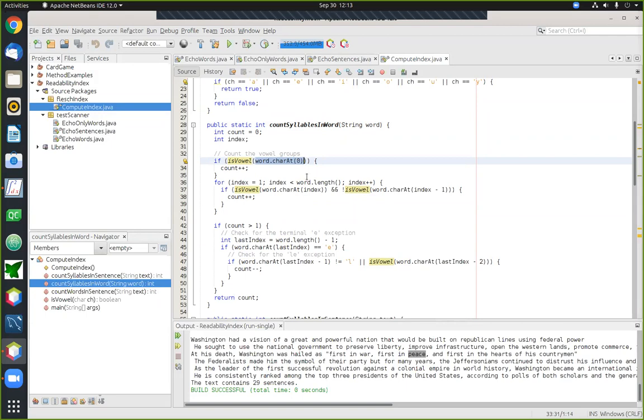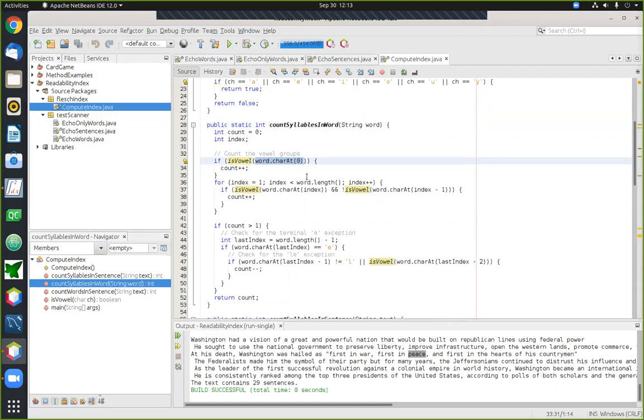The index number of the very first letter in the word is index 0. So if you'd like to ask what is the first letter in the word, you use the chunk of code that I've highlighted here. You use the charAt method with an index of 0, and that will give you the first character that shows up in the word.